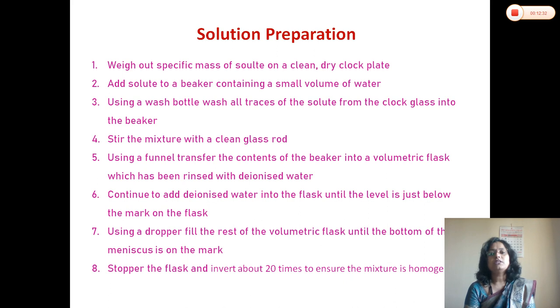some solutions whose concentration changes. That's why we need to prepare that solution at the time of the experiment. So it is necessary to learn how to prepare a solution in a proper way. So the very first thing in the preparation of a solution is that we have to weigh a